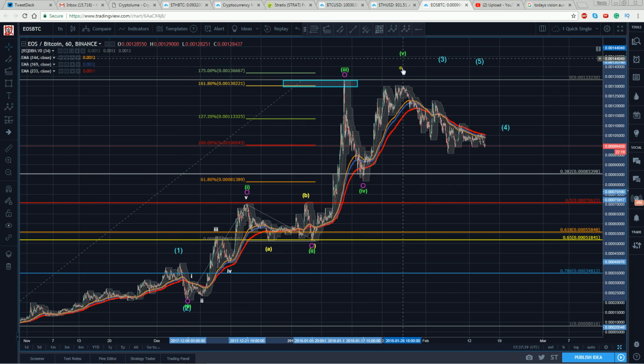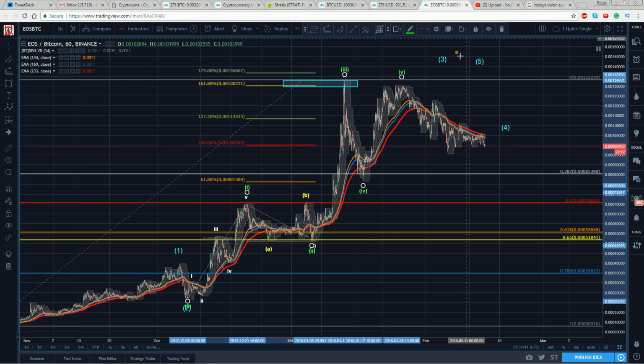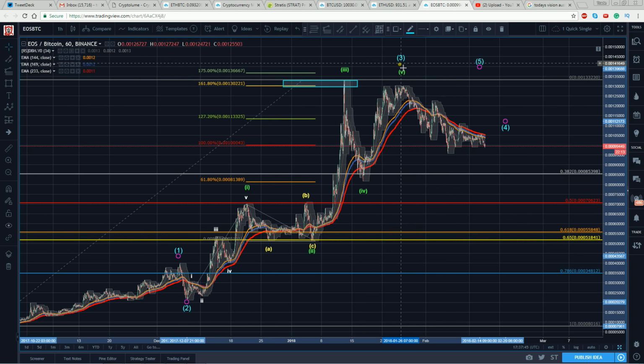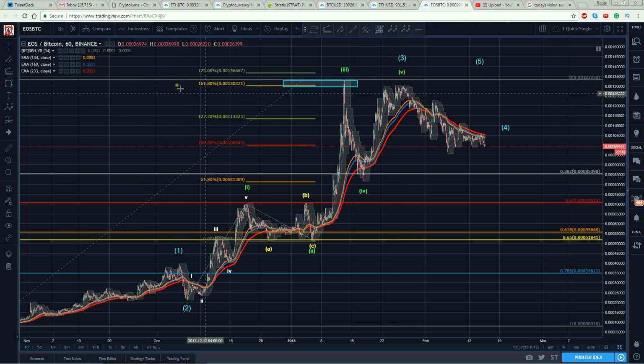Is that 3, 4, 5? Is this topping out right here? So here I'm 1, 2, 3, 4. So this would top out as a 3 here. You see that? And all I'm doing is just using the alternate price projection tool to give me my high probability zones for that wave count. And then can I get the subdivision in there that would make sense?